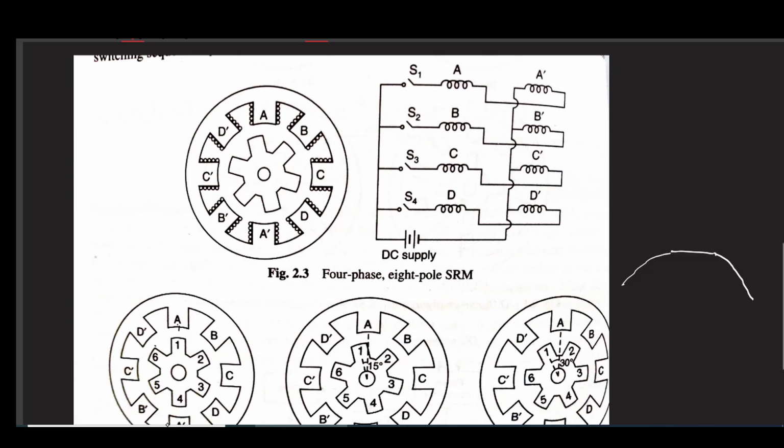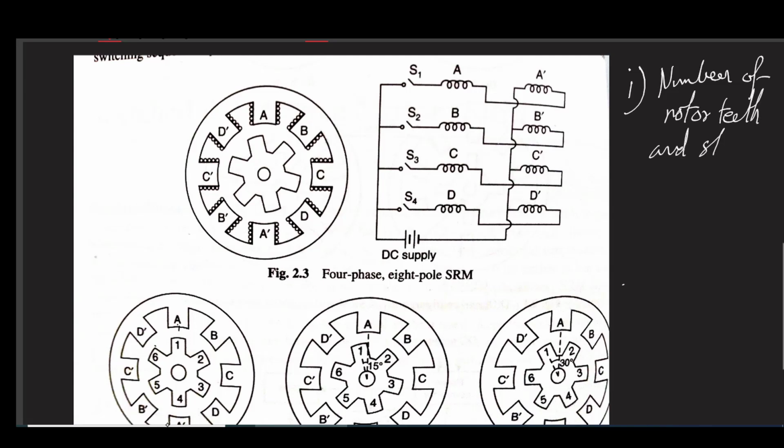So for ensuring that, we need a few conditions to be met. First of all, the number of rotor teeth and stator poles must be equal. Number two, the stator phase is energized